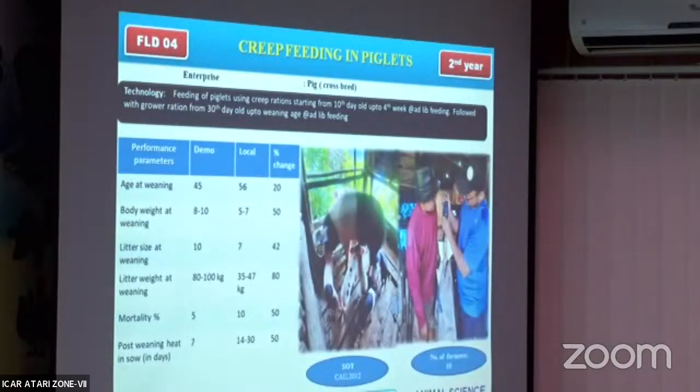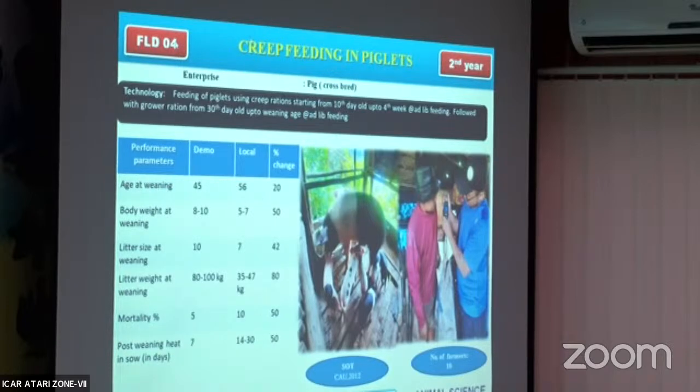And the next one is strip feeding in piglet. This is for the second year in FLD. The technology that we have done is mentioned here. And we have observed many parameters with regard to the age at weaning, the body weight at weaning, the litter size at weaning, and all. And may I inform the house that under local practice, the weaning age is 55 to 60 days in my village. But